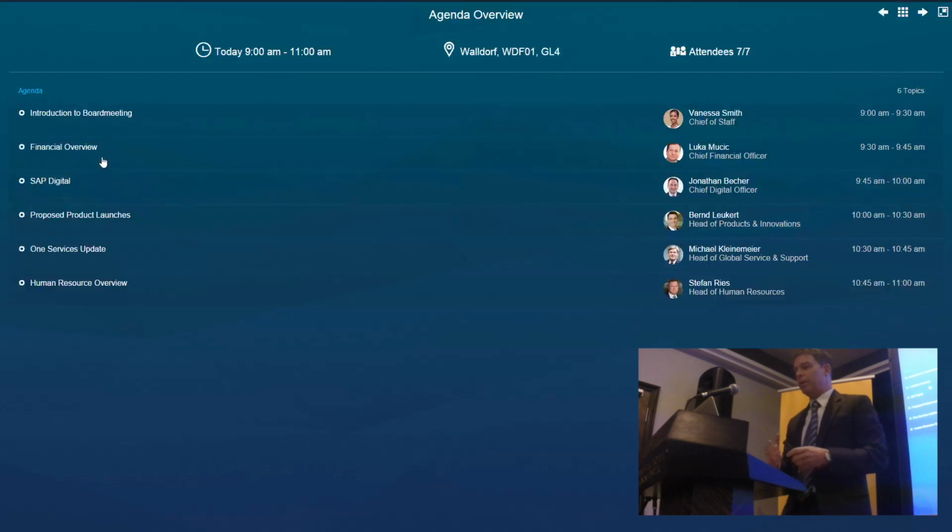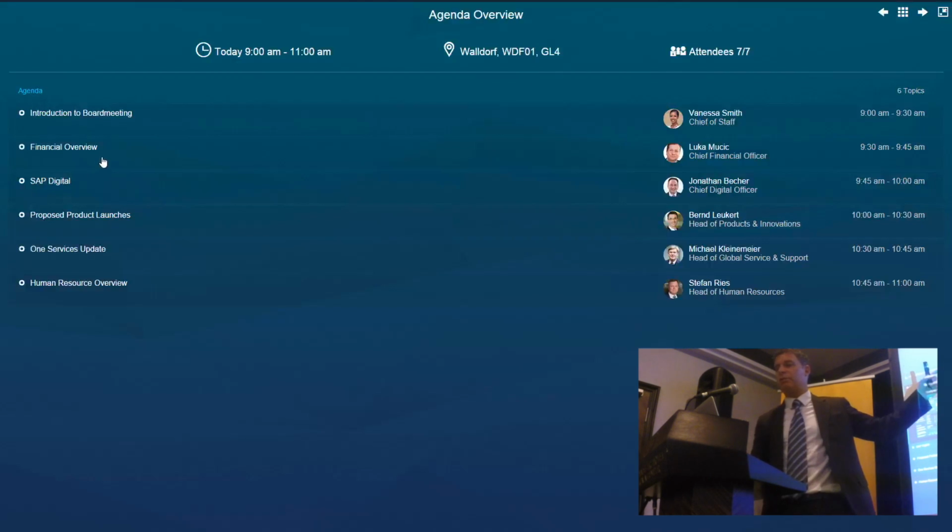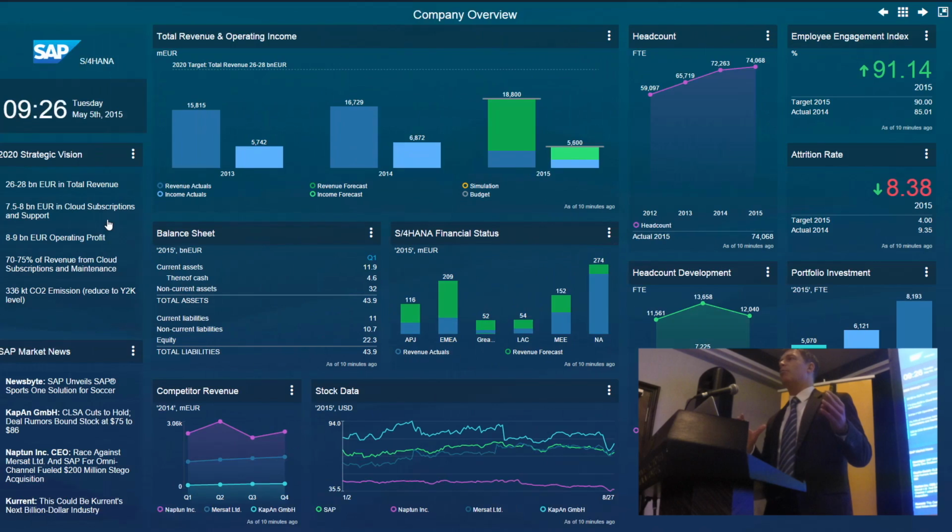Let's assume this meeting starts at 9 o'clock in the morning, and we fast forward to 9:30 when the CFO is starting to talk. In the boardroom of the future, I would open up this agenda item, and as you can see, this is not a static agenda. The boardroom of the future has a dynamic agenda, where the information displayed comes directly from the systems that we're using. So what happens if the CFO clicks on this little icon here? It opens up a dashboard,